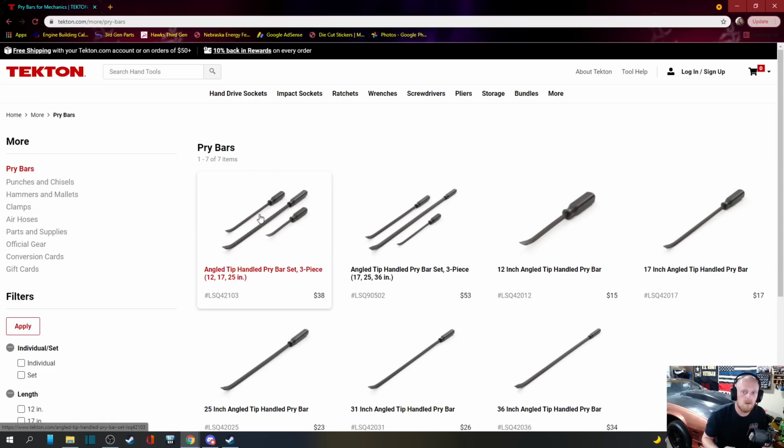They stopped selling tools that didn't meet their standard. They don't hide anything. They tell you exactly where things are made. Just the things they're doing, bringing more tools and selling more tools that are made in the USA. Just in the last 5 to 8 years, Tekton has done amazing things, and I really hope that they can hold on to that fantastic warranty, that fantastic customer to employee interaction, listening to their customers and the things that they want. Just the improvement upon quality is just phenomenal in the last 5 to 8 years,